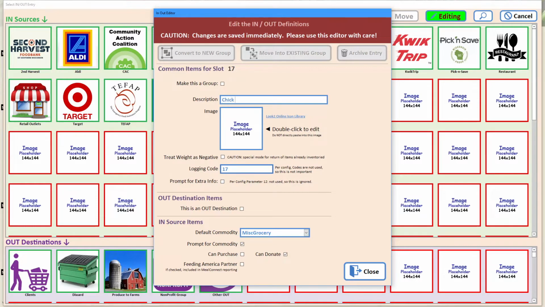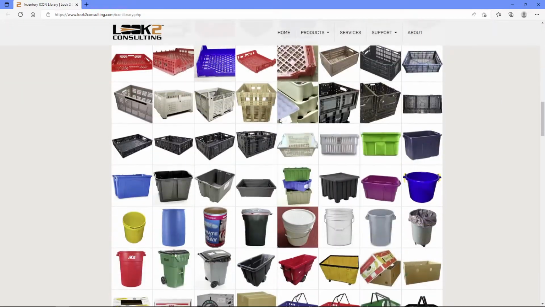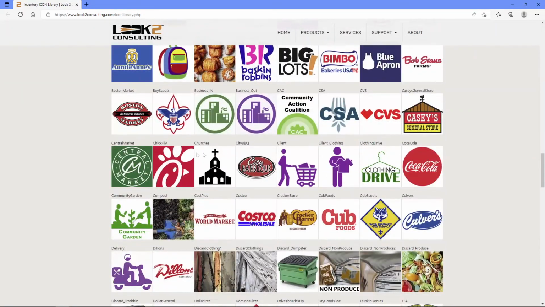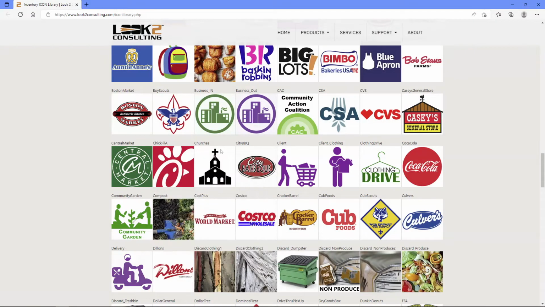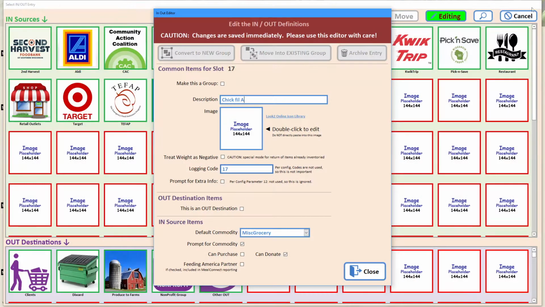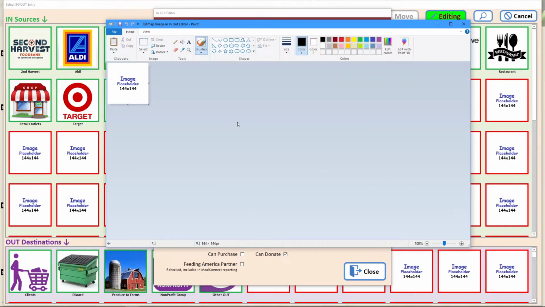enter a description for the donor. You can go to our website's inventory icon library to see if there's an image that matches. If so, simply right-click and select Copy Image. Then double-click the image placeholder to bring up the Paint editor, and then paste into Paint, and close the image